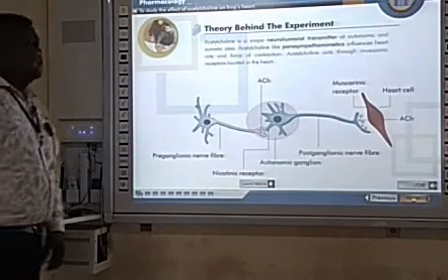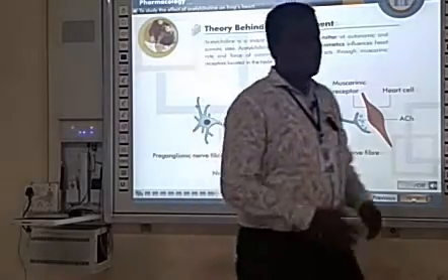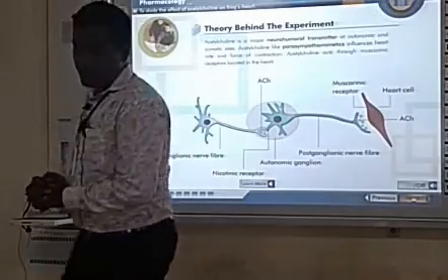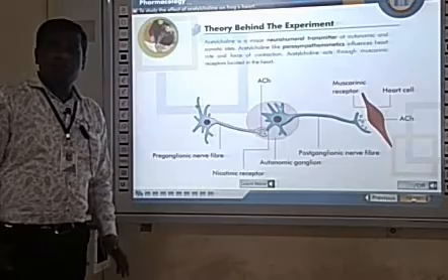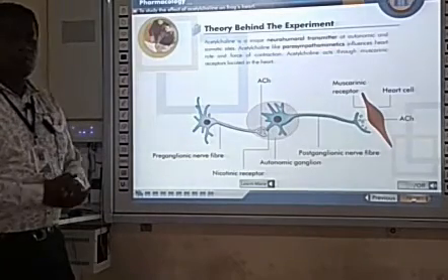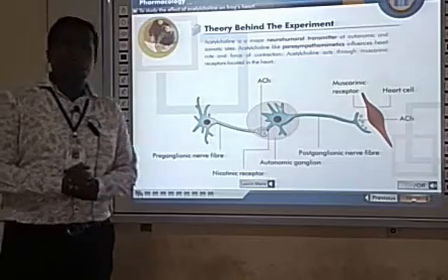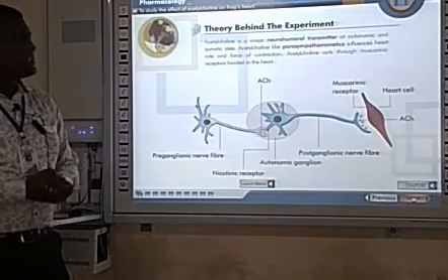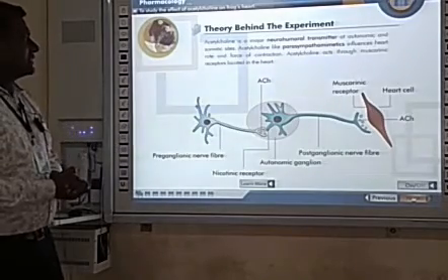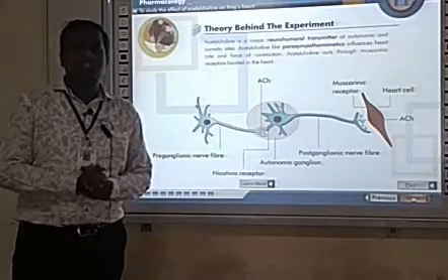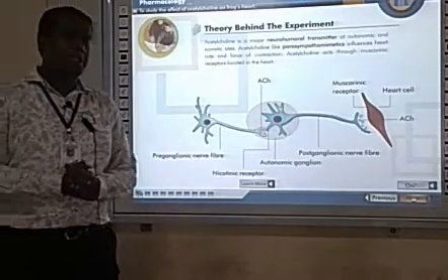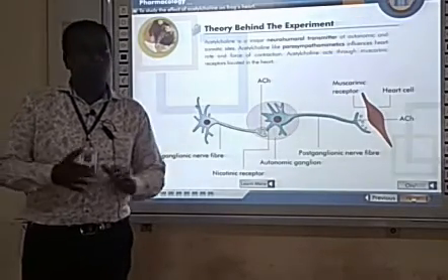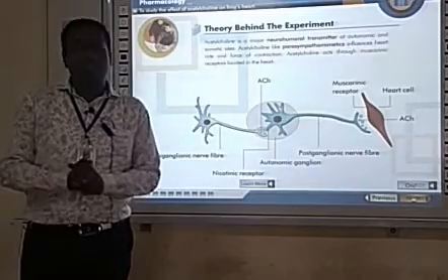So what is the theory behind the effect of acetylcholine on isolated frog heart preparation? Acetylcholine is a major neurohumoral transmitter at autonomic and somatic sites, which passes the impulses from one neuron to another neuron. So we call it a neurohumoral transmitter. And acetylcholine comes under the category of parasympathomimetic drugs. Parasympathomimetic drugs mean those that mimic the action of acetylcholine, or mimic the action of parasympathetic nervous stimulation.